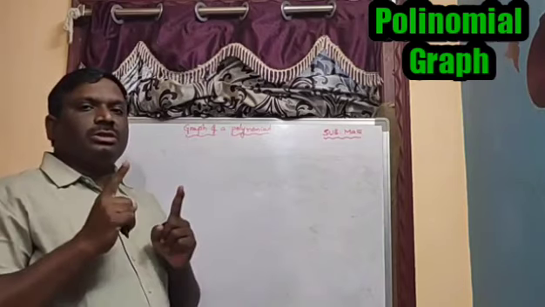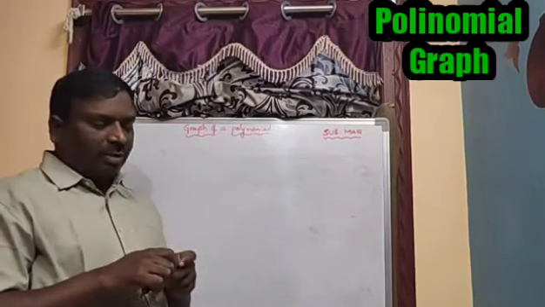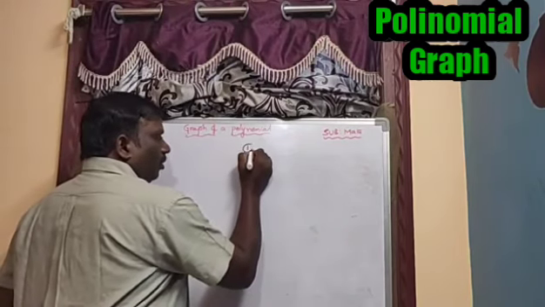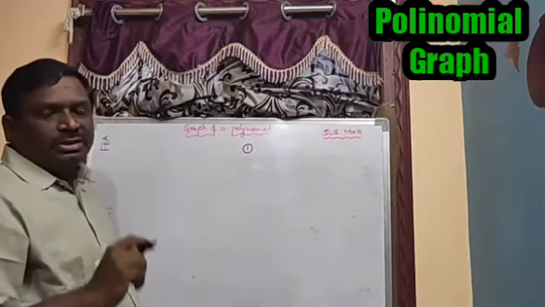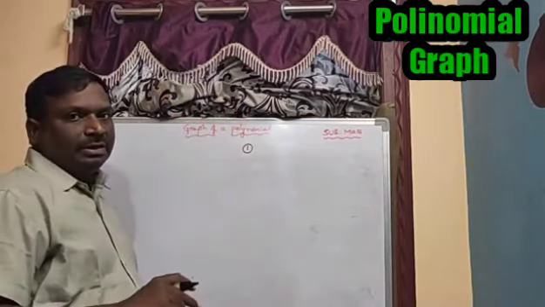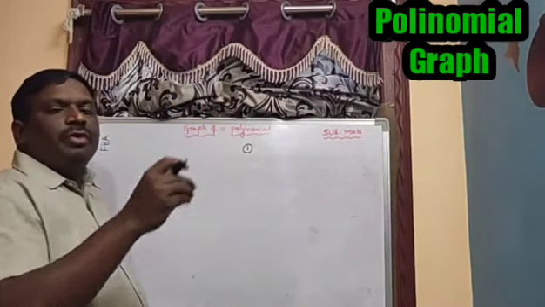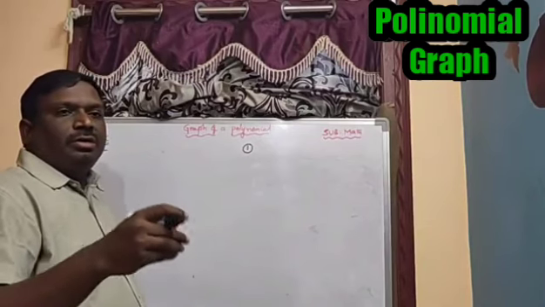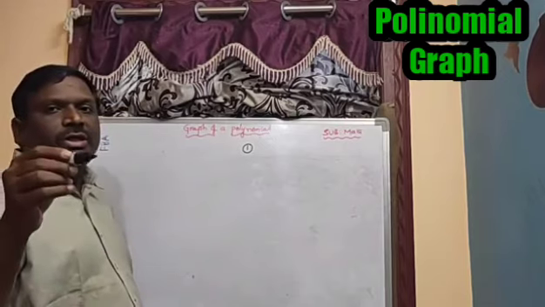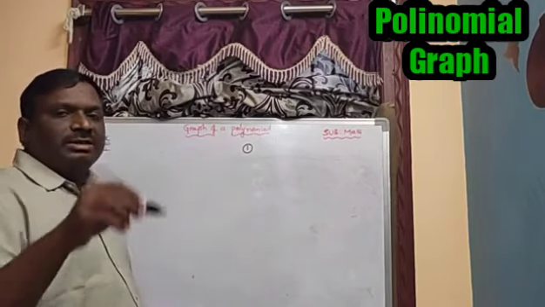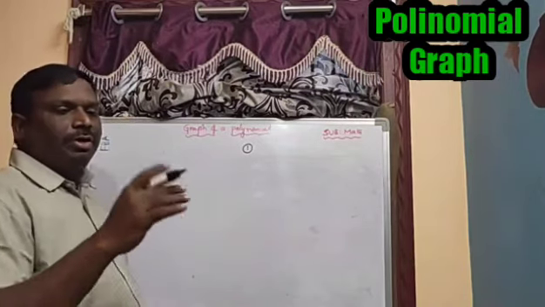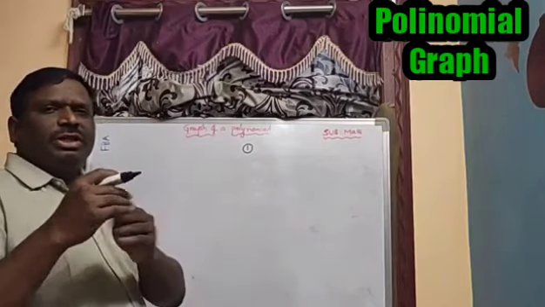So now the very important point is precautions. What are the precautions we have to take when we are drawing the graph? First important point is, when we are drawing the graph, we are taking a separate graph paper from the invigilator. So when you take the graph paper from the invigilator, you can immediately start drawing the horizontal line and vertical line, x-axis and y-axis. You can draw the whole graph, and on the back side of that paper you can write the justification and result. Each and everything you can complete.